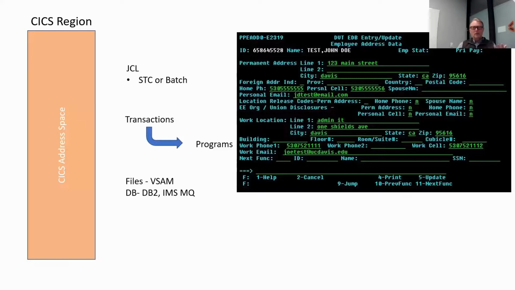Now, there are also many, many front ends that have been GUIfied that just look like any other web page that are actually executing CICS transactions in the background. So you don't have to use this green screen, but if you see this green screen, you're almost assuredly talking to a CICS system.